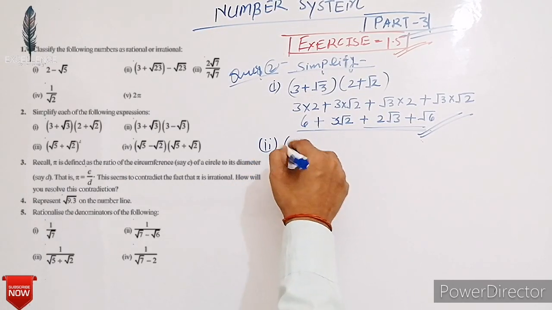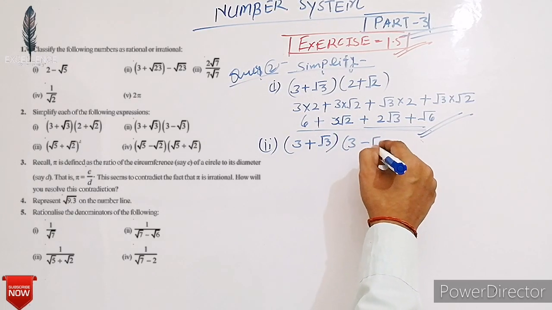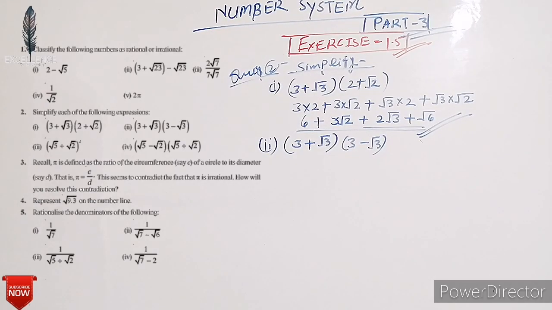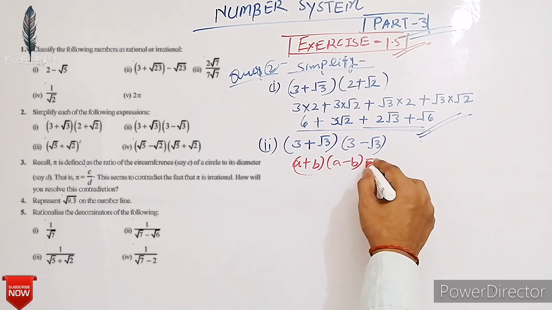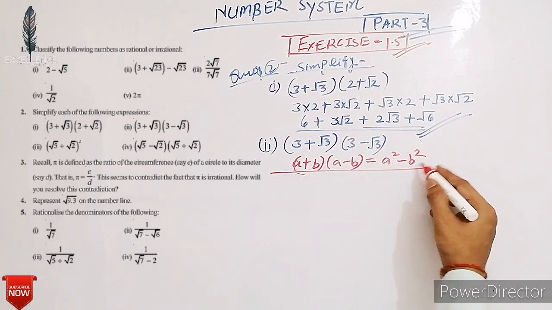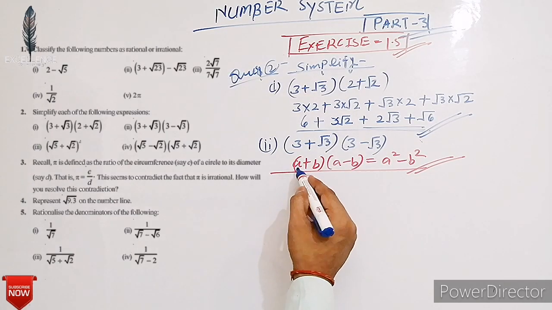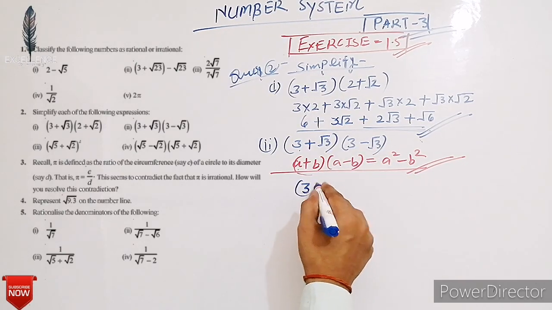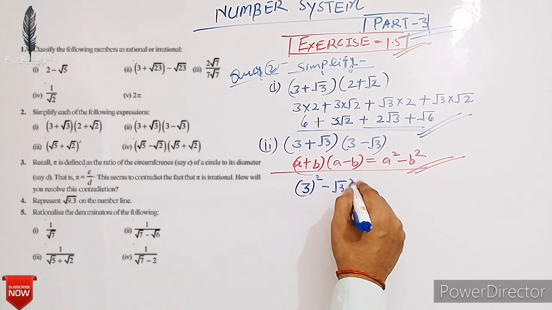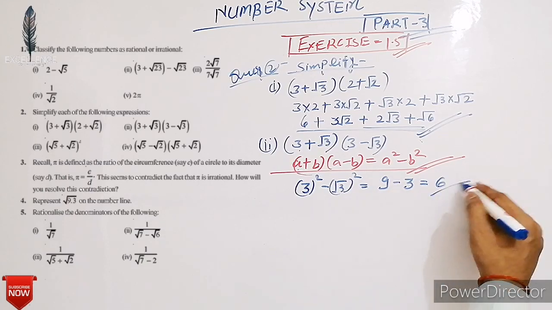Question second, 3 plus under root 3, 3 minus under root 3. यहाँ कौन सी आइडेंटिटी यूज होगी बच्चों? a plus b and a minus b is equal to a square minus b square. So here a is equal to 3 and b is equal to under root 3. Okay, so here 3 square minus under root 3 square is equal to 9 minus 3 is equal to 6. Okay,